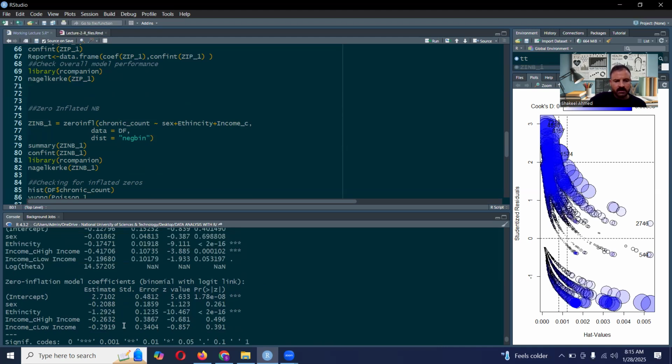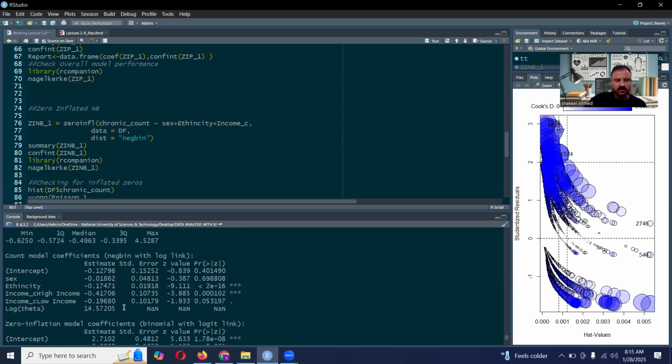zero inflation model. Here, basically, the dispersion parameter is, I think, very small. That's why its standard error is coming zero, or I think that is a type of negative number. That's why it's not showing. So you need to be careful while applying a zero inflated model. In this case, you just